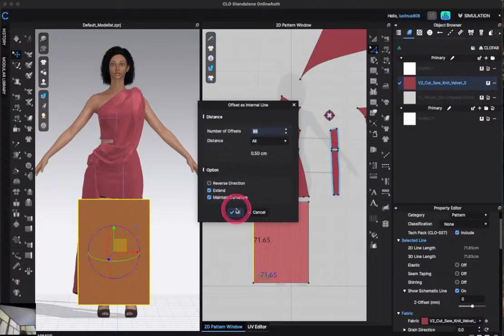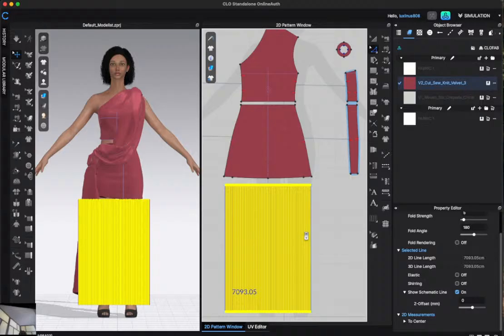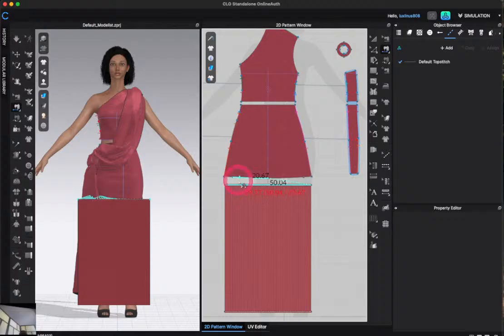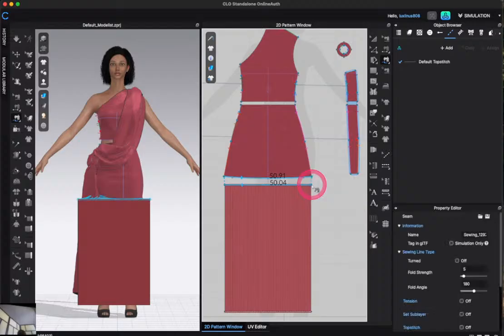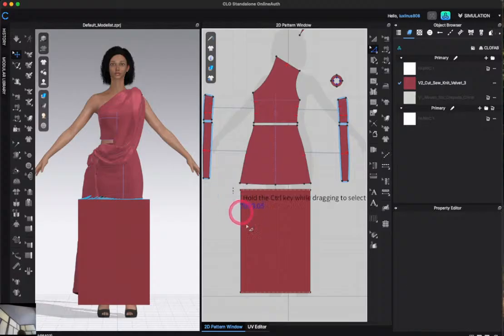So these are 84 lines, okay? So I'm going to sew this to this. No, escape. From there to there, and from here to there. And I'm going to go back and say